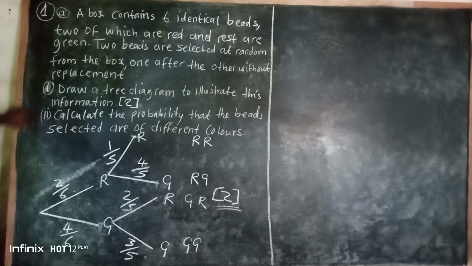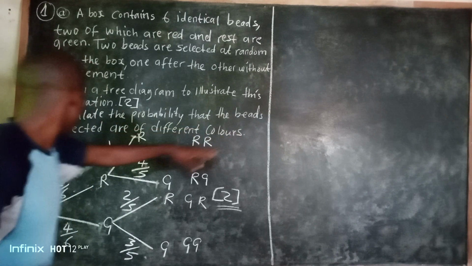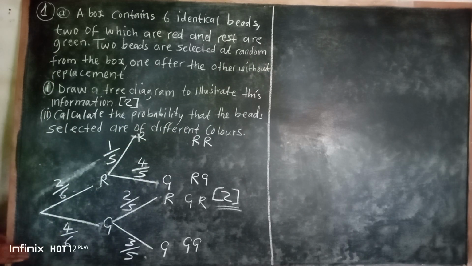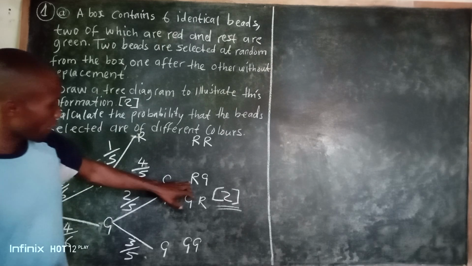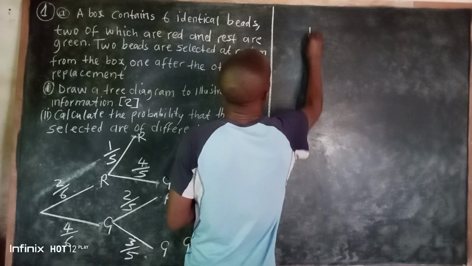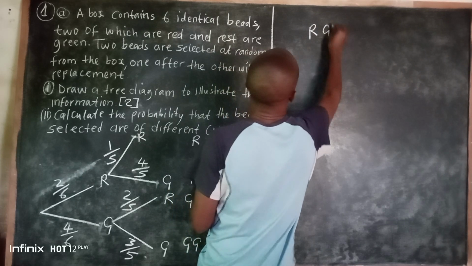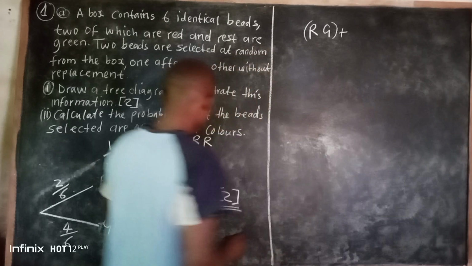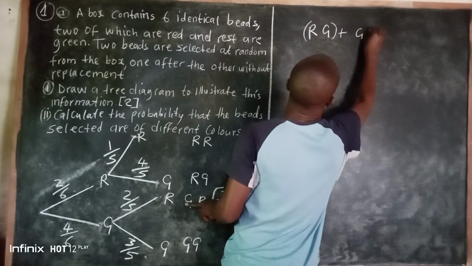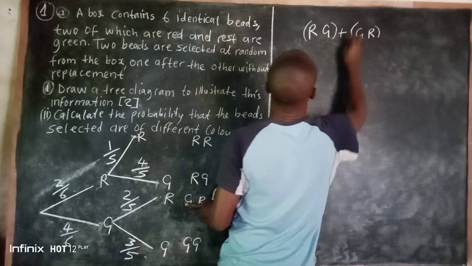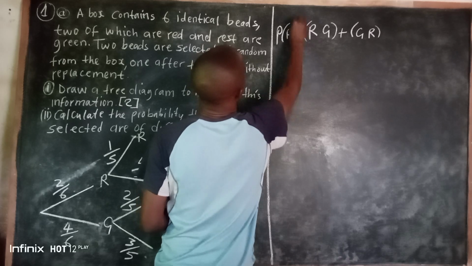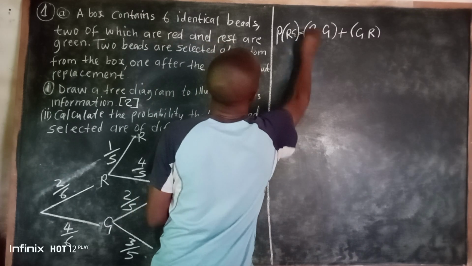So now from there, we'll go to part 2. Calculate the probability that the beads selected are of different colors. Okay, so now different colors. We only have RG, so we are going to say probability of different colors will be RG. Okay, then plus we have again GR. That's different. Red, green, green, red. Okay. Probability of different color. Let me just write like that. Equals